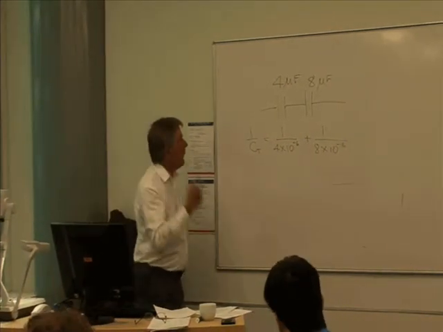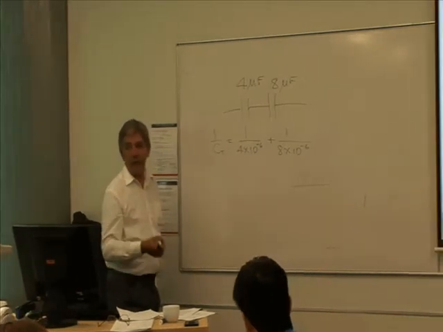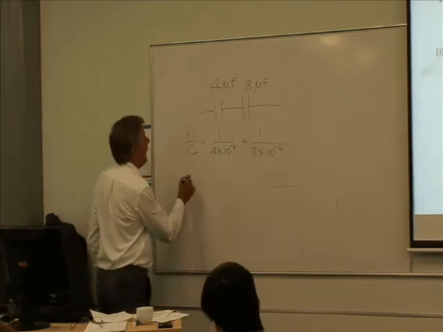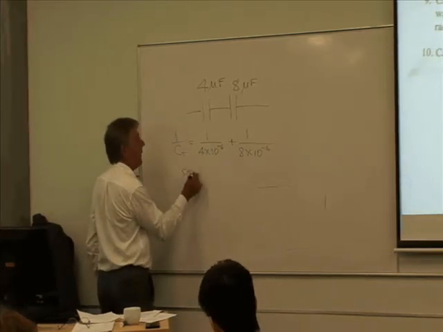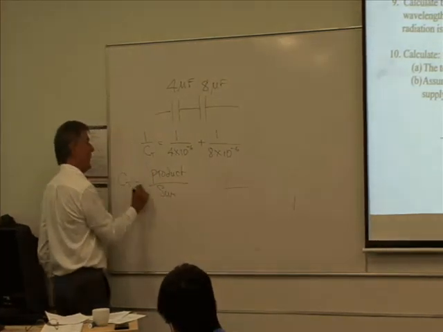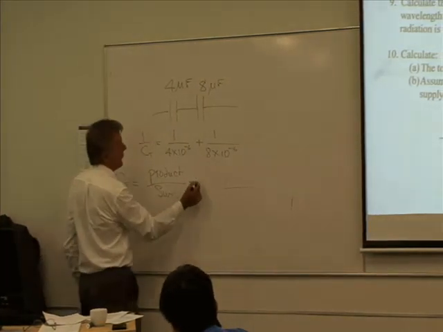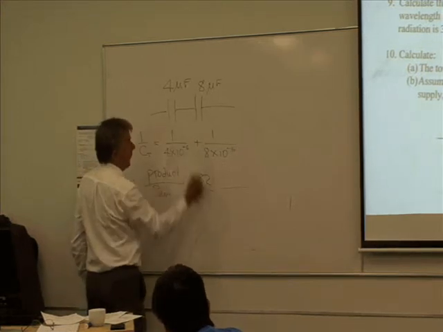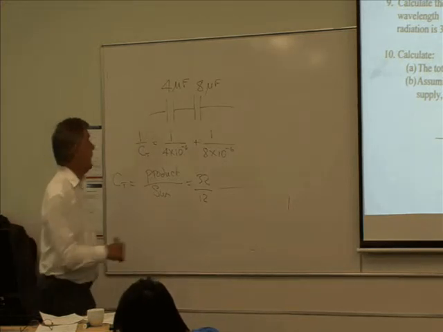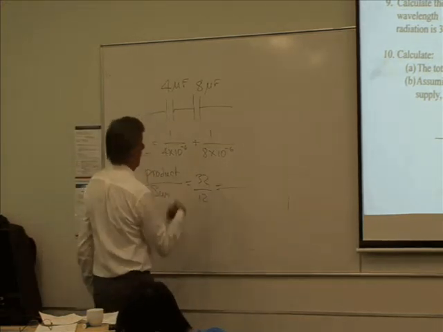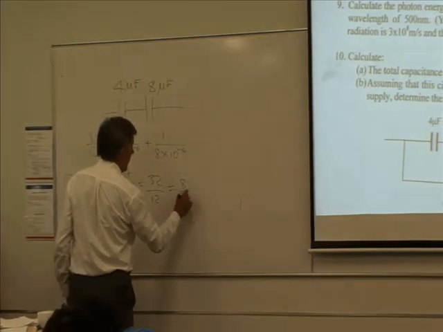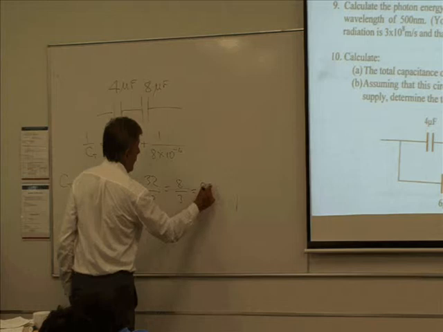But remember, the easy way of doing this is the shortcut: 8 times 4 divided by the sum. Product over sum. So the total capacitance is product over sum. So 4 8s are 32 over 12, which is 8 over 3, 2 2/3